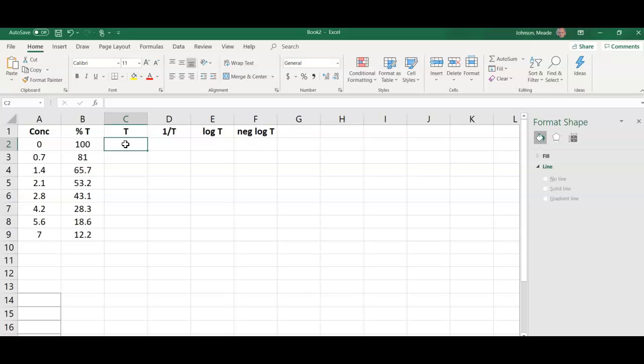What you do is you put an equal sign into a field, and that's telling Excel you want to turn it into a calculator. Then what I want to do is turn %T into T, which is dividing the %T by 100. So I click on the cell that has the %T in it that I want Excel to turn into T, and that's cell B2. And notice when I click on B2 after hitting equal sign, it shows up as B2 instead of 100. And then I divide B2 by 100, and Excel